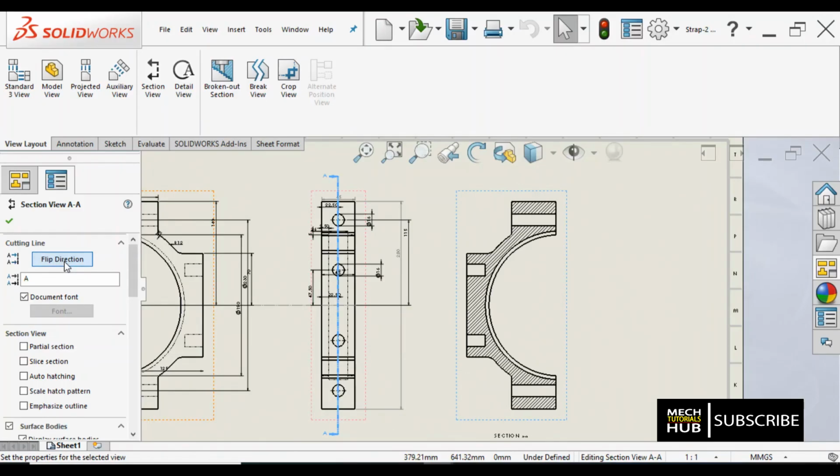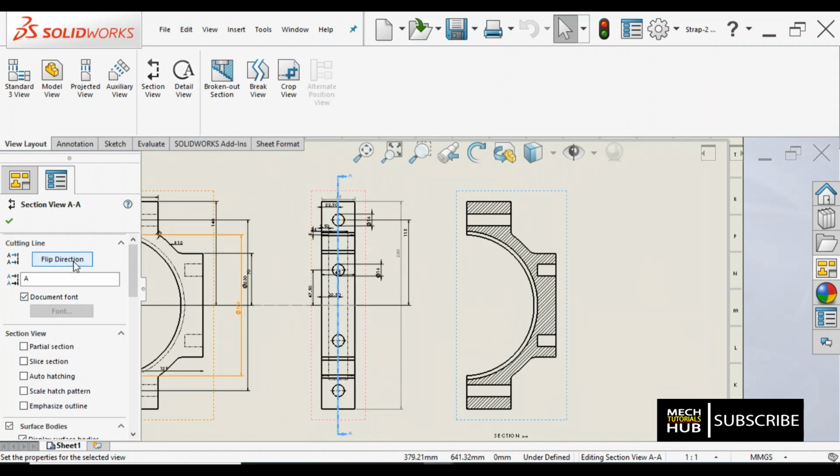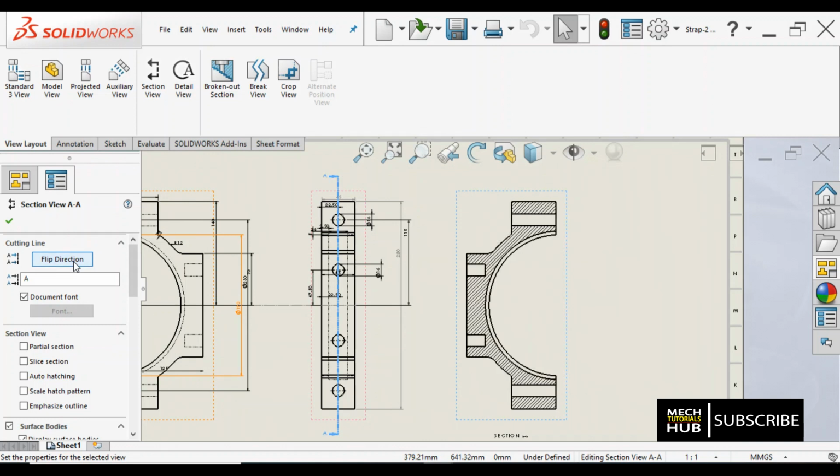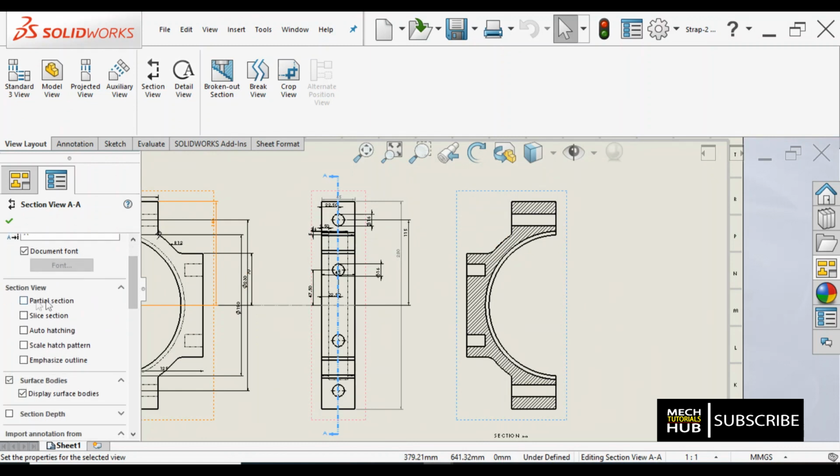Now once you get the section view, you could also see the flip direction. You can make a flip direction also. Okay, you can flip it. Means have a look at this particular arrow AA. Okay, have a look at it. Once I flip, what happens? Have a look. Okay, viewers, this particular arrow represents the observation of the viewer, position of the viewer from where he is watching the actual component. Okay, try to understand. And here also you can uncheck the document font and make changes of the font. That I have already shown you.